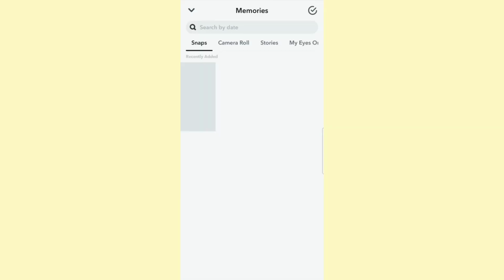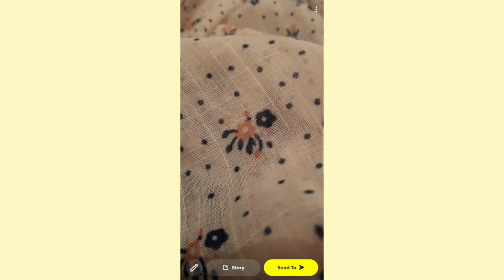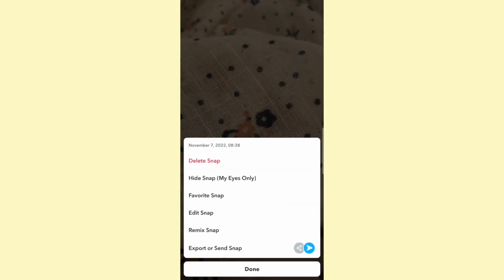Go ahead and open up Snapchat, and say, for example, you wanted to download this photo right here. What you need to do is click on the three dots at the top right corner, and from the given menu list click on export or send snaps,